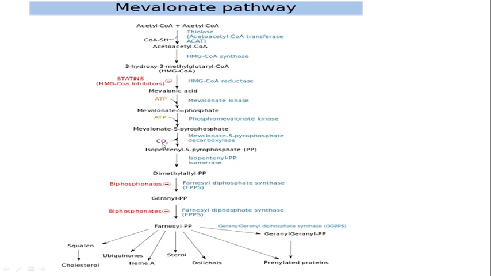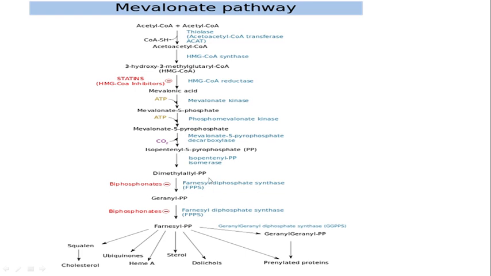Now that mevalonate pyrophosphate will be converted into isopentenyl 5-pyrophosphate. Here isopentenyl 5-pyrophosphate is produced, and it is converted into dimethylallyl pyrophosphate, and that conversion is a reverse conversion. It will be converted into this and it will be converted into this. So isopentenyl 5-pyrophosphate and dimethylallyl pyrophosphate, these two compounds are produced, and from that it will produce